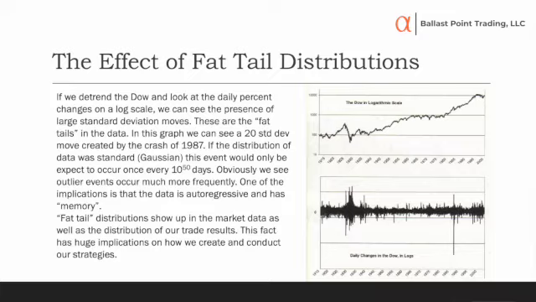Well, what is the impact of that? What does that mean? All right, so first off, let me just show you what a kurtotic distribution looks like in the actual data. So this is a logarithmic chart of the Dow. And what you see underneath is the daily percent changes in returns. So it's log normalized. That way, through time, it's relative, and it's all on the same scale, essentially.